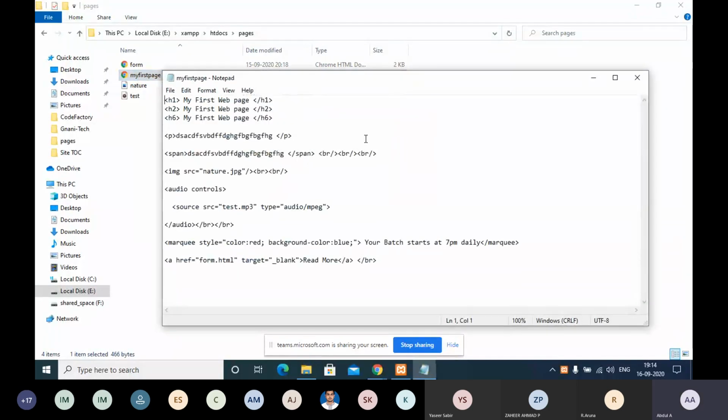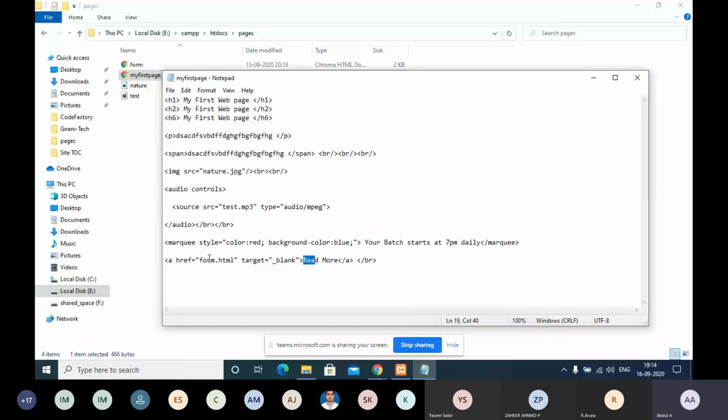Yesterday we have seen that in a link we can give some external URL. Once we click that link, it will automatically redirect to the external URL, or it will go to an internal file.